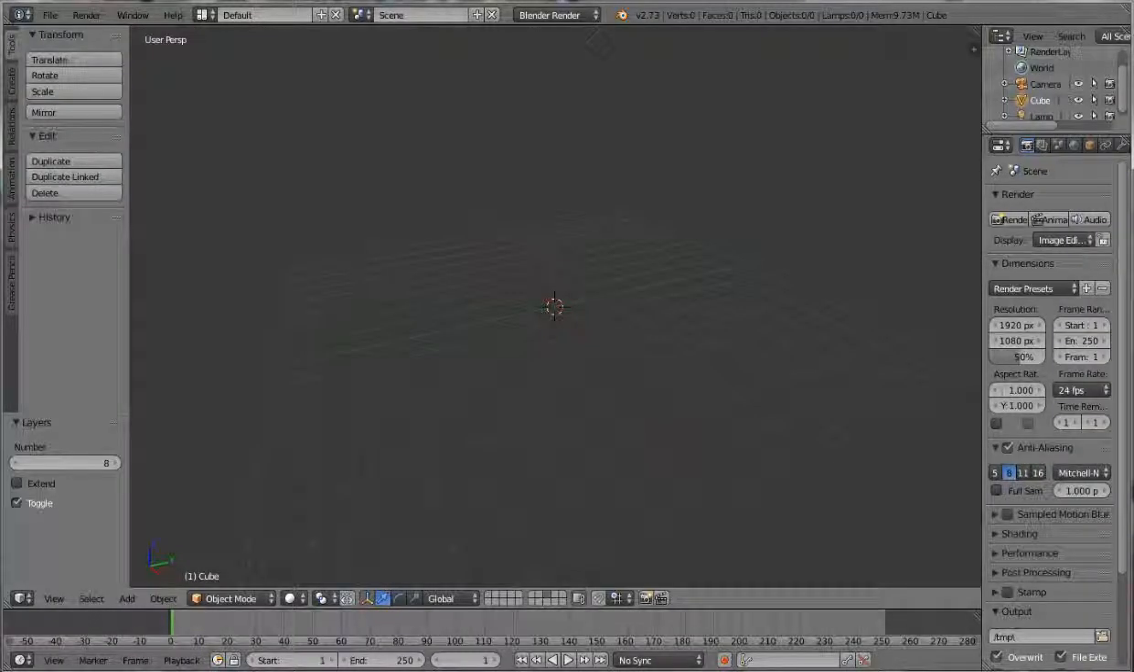Hello, this is a quick tutorial on how to bake a normal map in Blender. I'm assuming that you've never used Blender before or just recently started using it, so I'll try to mention what buttons I'm hitting along the way. Okay, the first thing we want to do is we need a high poly object and a